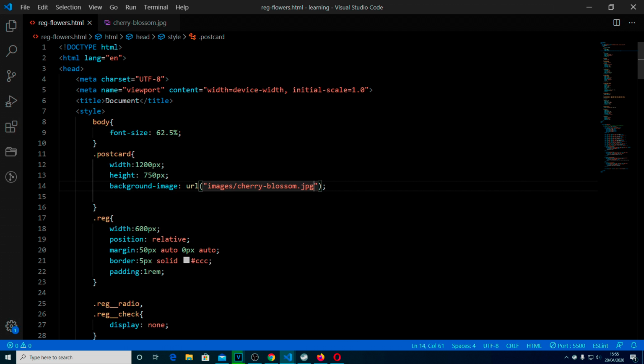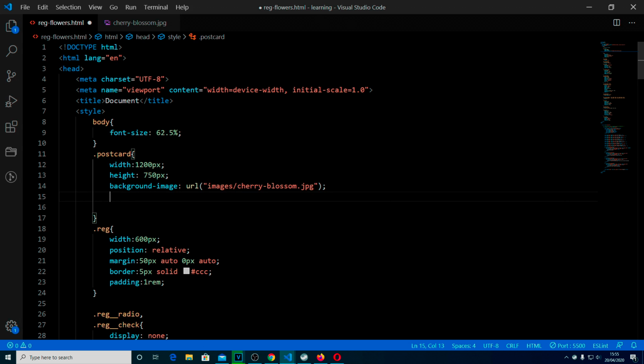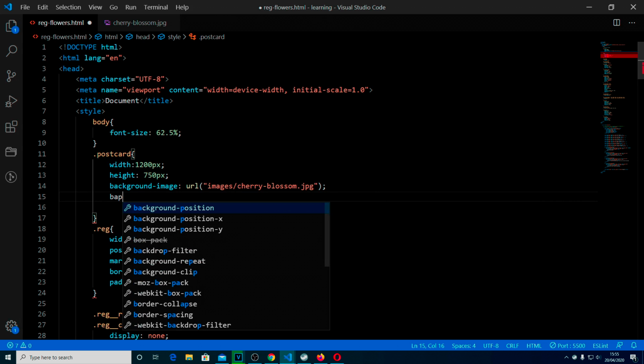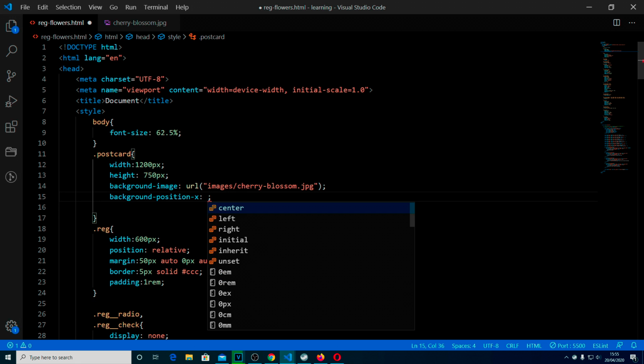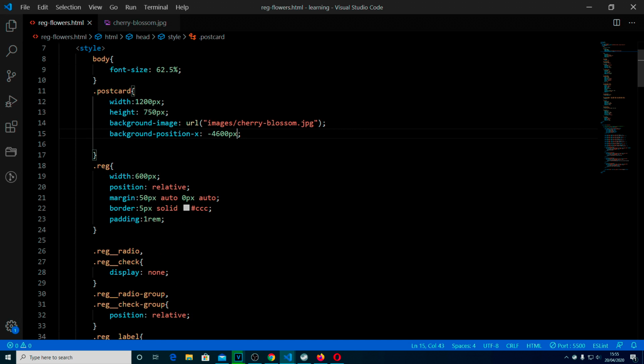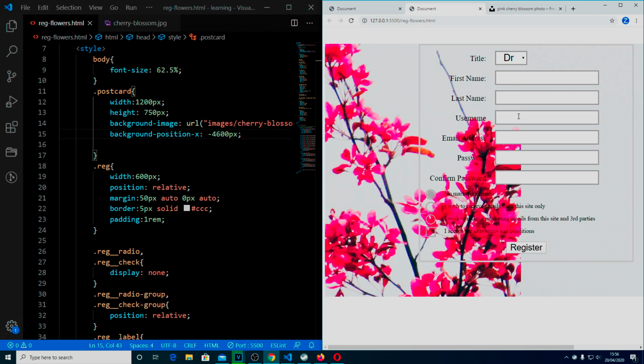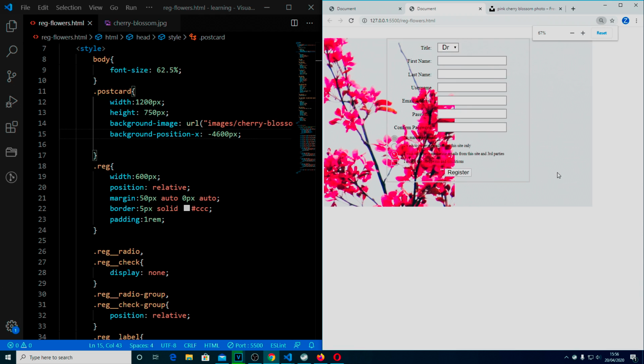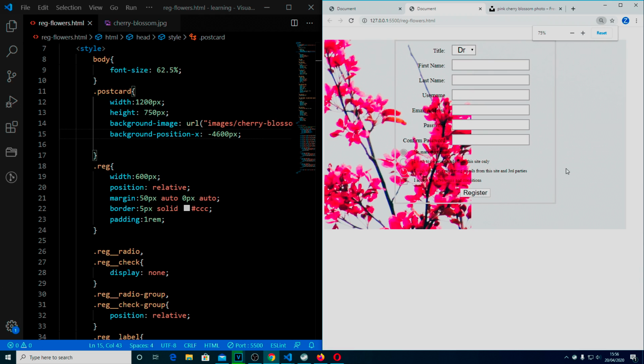So we go back to the code and we're going to do background position X minus 4600 pixels. So that is dragging the image all the way over to the left hand side. As usual, I might as well do a left hand side comparison. Okay, so that's what we're getting, and I'm going to zoom this out at the moment so we can see it all. So that is at a 4600